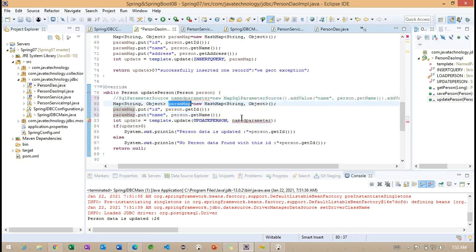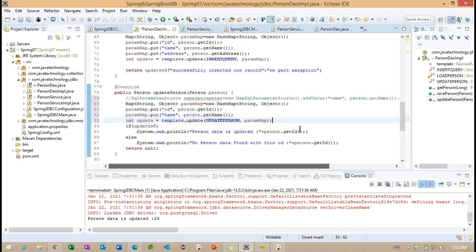But in the same method, if we want to return the person also, here the return type is person, right? We are just mentioning null here. For example, if we want to return the person, then again I have to do some operation here and get the person information, right?